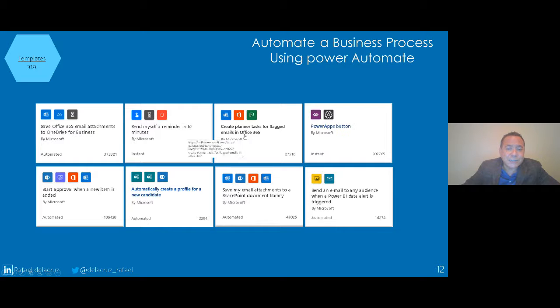But when using a template, it's only giving you the layout, I would say the trigger and also the actions. Then you need to enter the connection, or in this case, which SharePoint site it is going to be connected to, which list or library or which database, and the same with the actions as well.